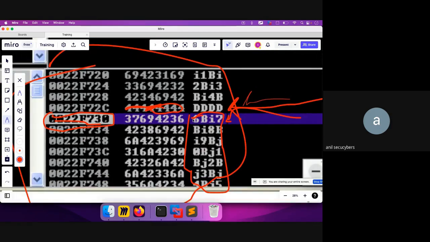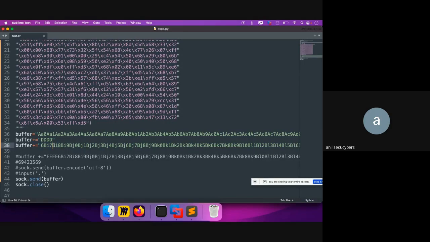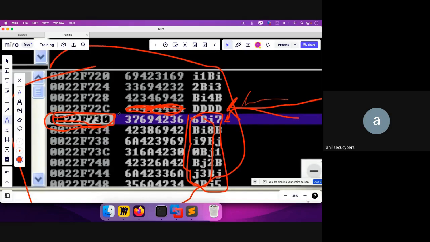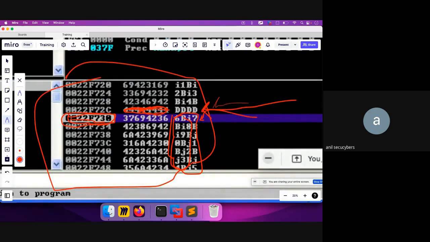Okay, so I'm again repeating that. I will replace this payload, which is 6BI7, with my malicious payload. Okay, the one that I am sending out here, I will replace that with the malicious payload. Okay, and then the thing is that this is the address that I am controlling, DDDD. I will replace that with the stack memory of this address 0022F730. The reason is that what will happen is that now if I give this value, the one that I'm highlighting right now, over to the instruction pointer, the instruction pointer will start executing the code, whatever it is there at this address